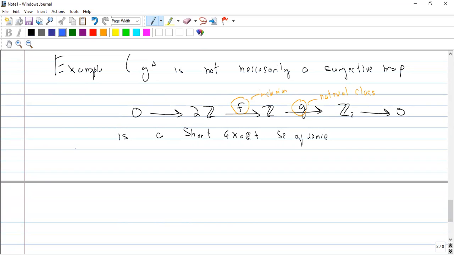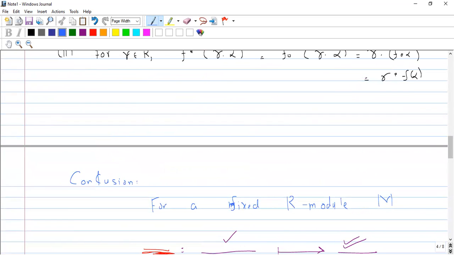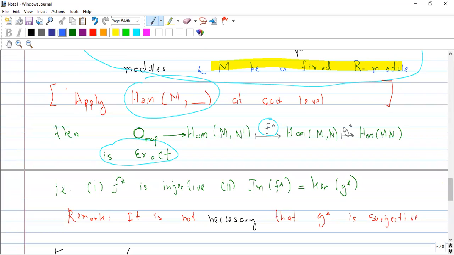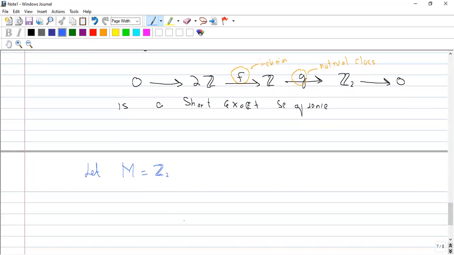Okay, so let M be equal to Z2, because we need to take a short exact sequence. The theorem says that we take a short exact sequence, and then we take a fixed module M and apply Hom at each level. So let M equal Z2. Now applying Hom at each level, I will get Hom of Z2 to Z, and also I will get